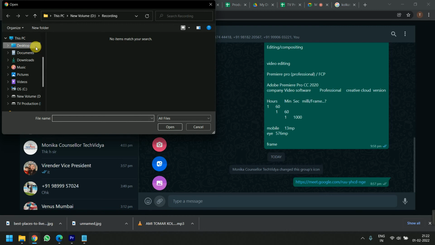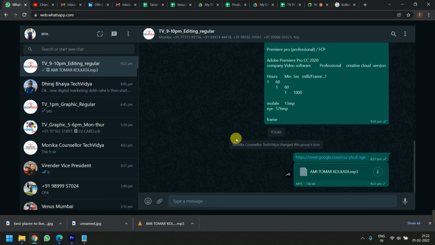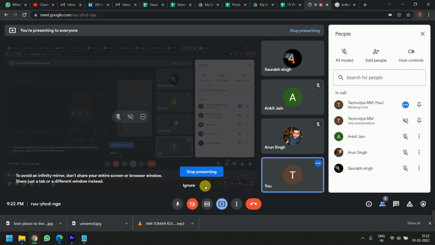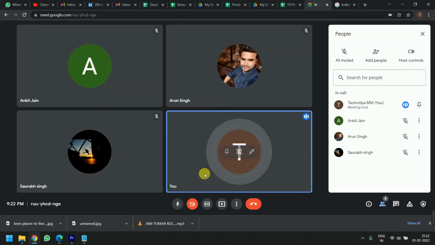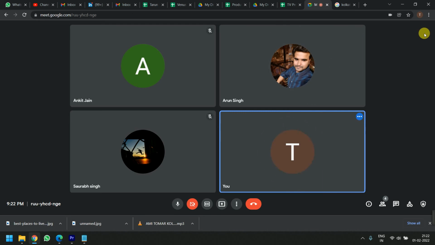Go to downloads and share this audio. Everyone will download this audio, make a project, and create a minimum of 10 seconds, with a minimum of 10 images, one in each second, related to the audio. Everyone work on that part and share your screen so I can easily go through it.